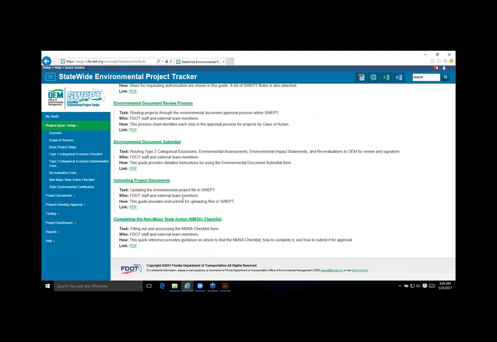Will there be a tab for the federal environmental certification? There absolutely will be in the left-hand menu a link to the federal environmental certification. It should be coming out shortly. Start date to use? It's going live tomorrow.